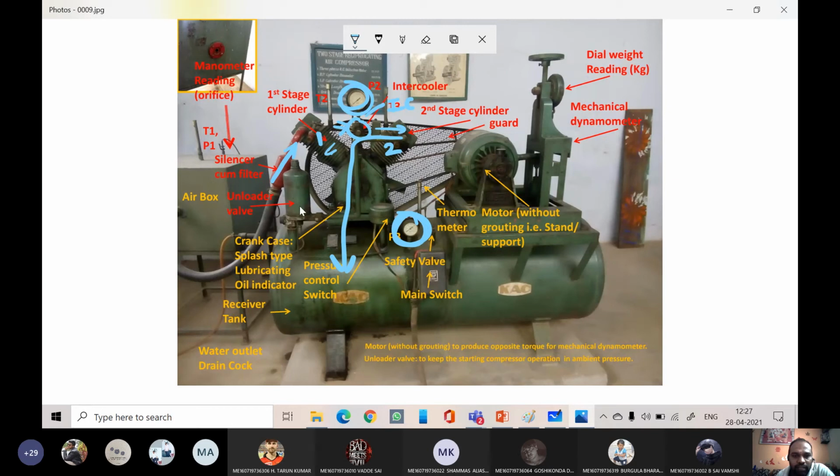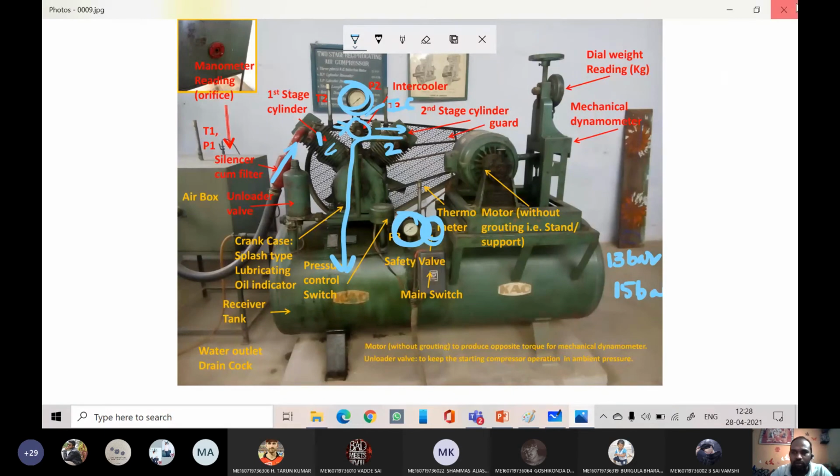And these are other safety devices. Here you can see stop valves will be there. Here it's not visible. This is the safety valve. Whenever the pressure inside the air compressor reaches the maximum pressure, let us say it can withstand 15 bar, they will install a safety valve of 13 bar capacity. Once the pressure inside the tank goes beyond 13 bar, that valve will operate automatically and the excess pressure will be released. Otherwise, it will break the receiver, what we call the tank. The tank will be damaged. Mechanical damage will occur to the tank.